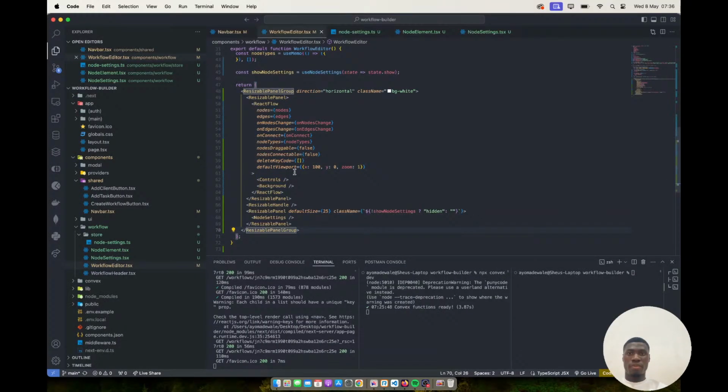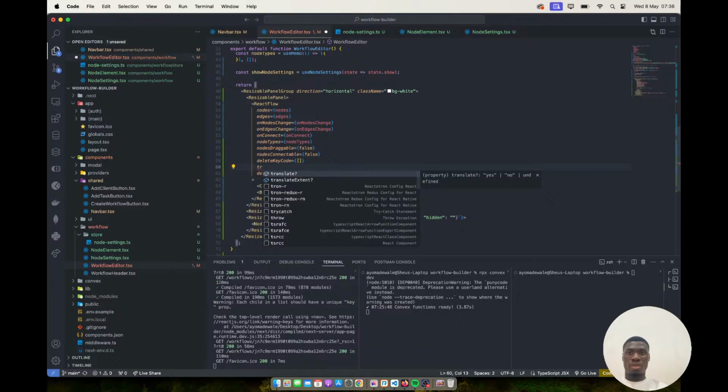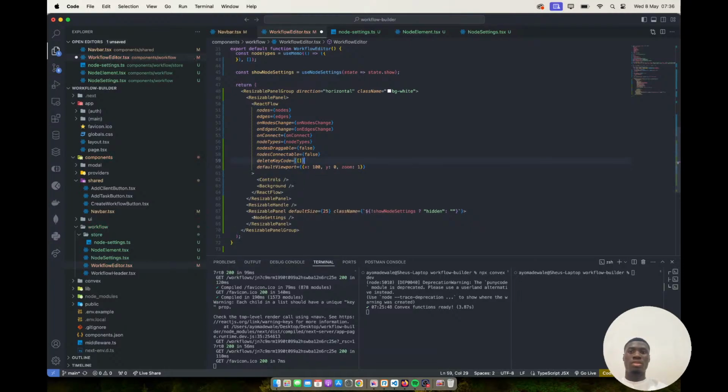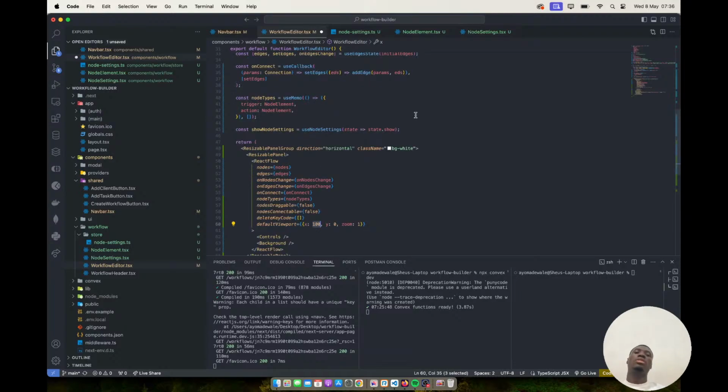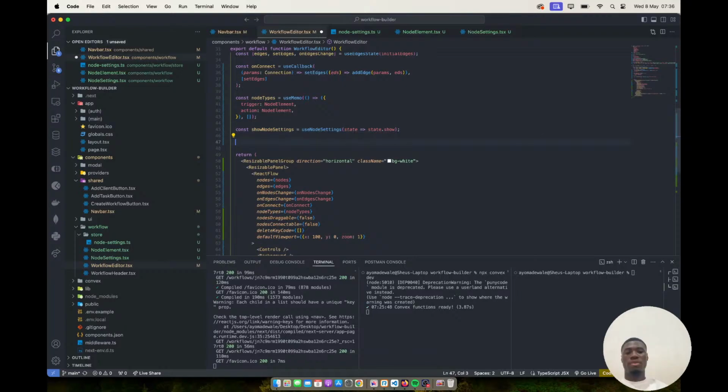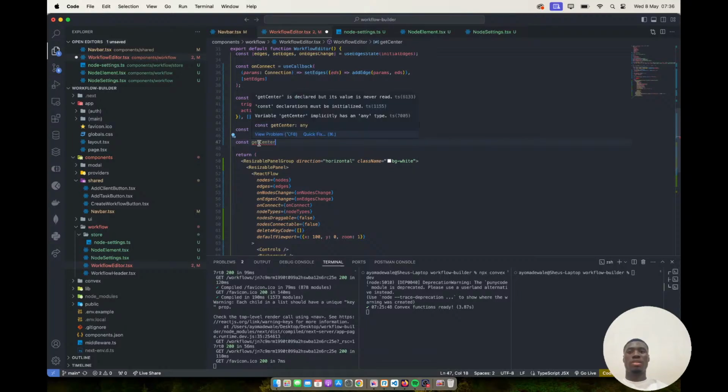Okay. But this default view, we'll have to do a calc. So you can have, get some page center equals